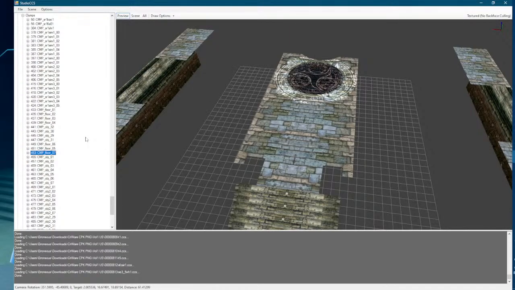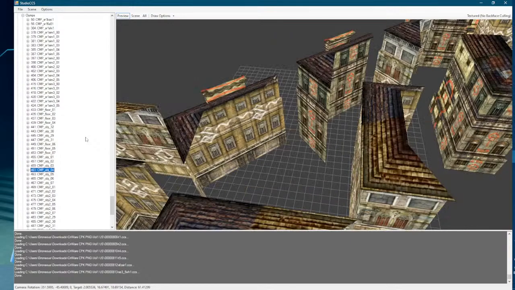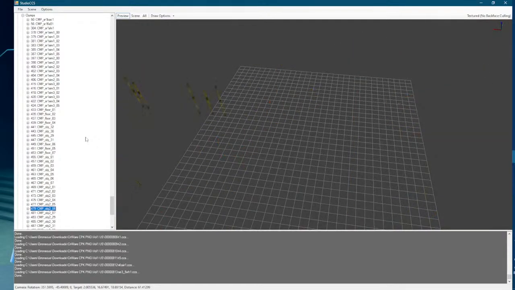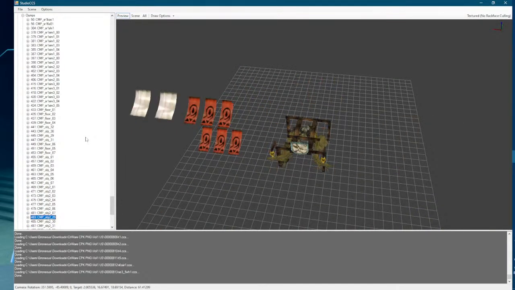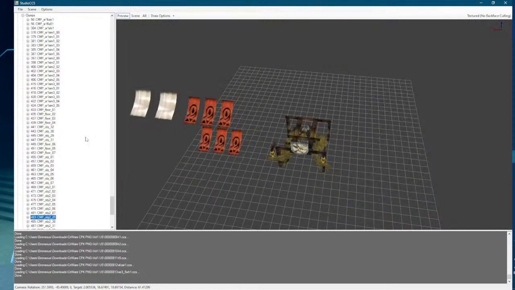That's where the portal would be at. Part of the bridge, I guess. Some of the houses. Here are the shops. So that's where the portal is. This is